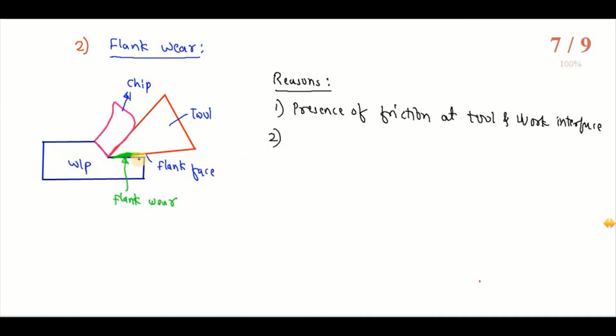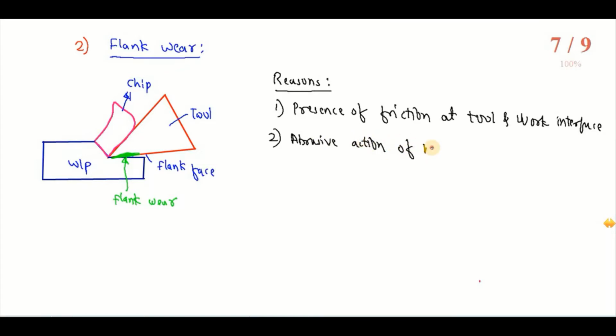Like this, at the workpiece and tool interface we are getting the presence of friction, and due to that we are getting this flank wear. Then the second reason is abrasive action